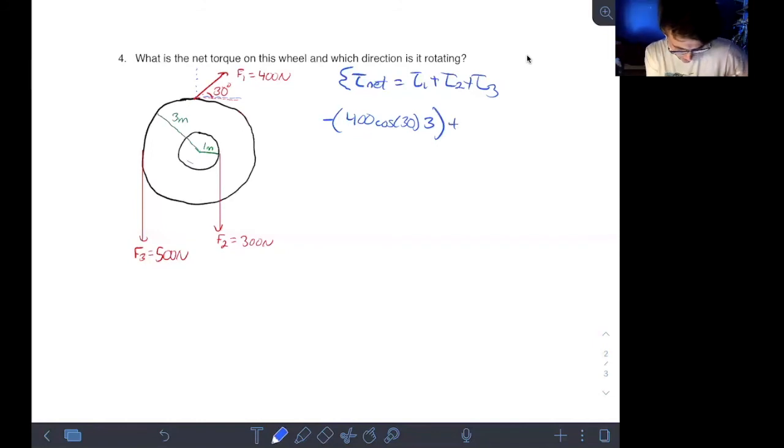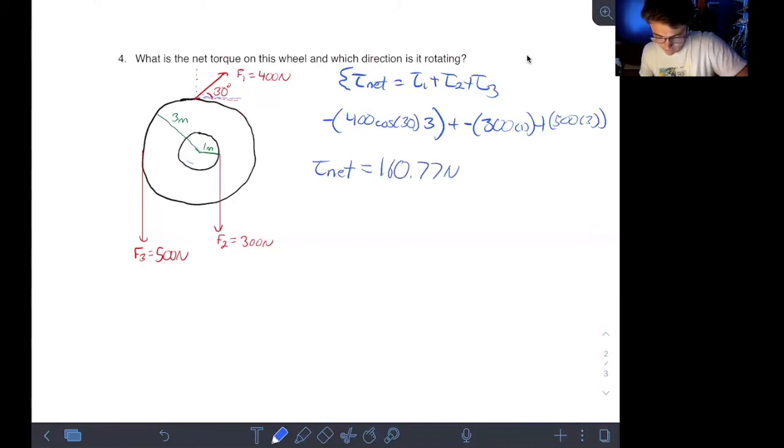Second torque is on the inner circle, right? So it just has a different radius. So it's going also in the negative direction, right? Clockwise. So 300 times, what is it? 1? Yeah, 1. Okay, cool. And then the third torque, right? The third force is going in the positive direction. So 500 newtons of force, and it is 3 meters away. Okay, and when you add all those up, you get